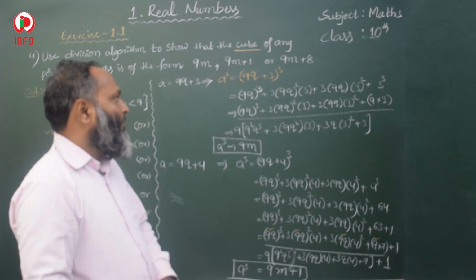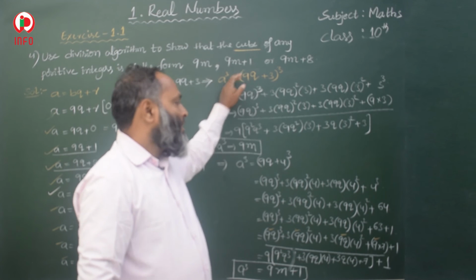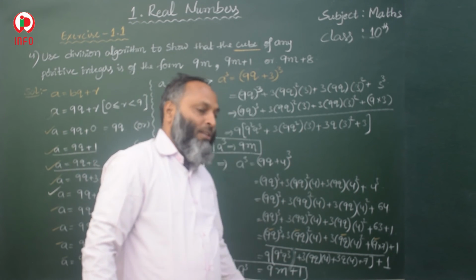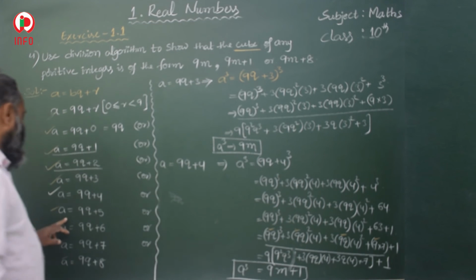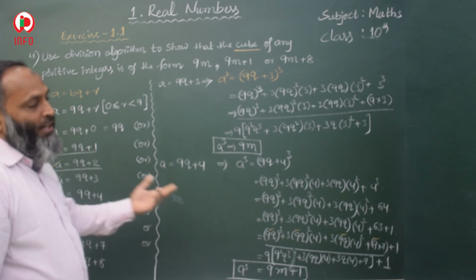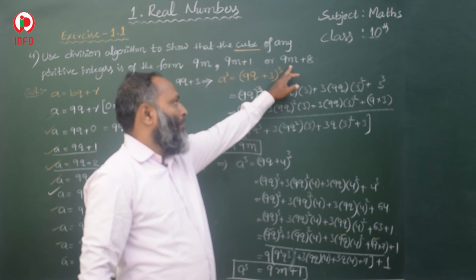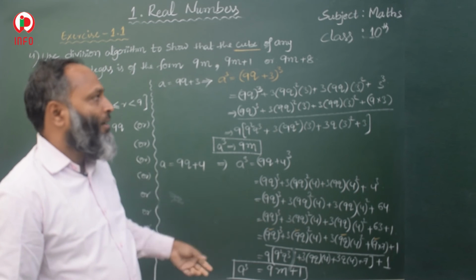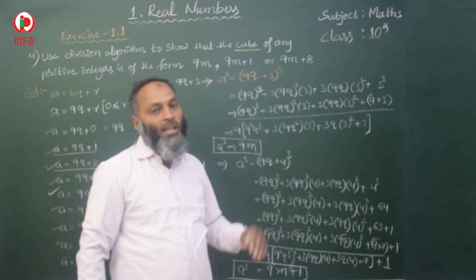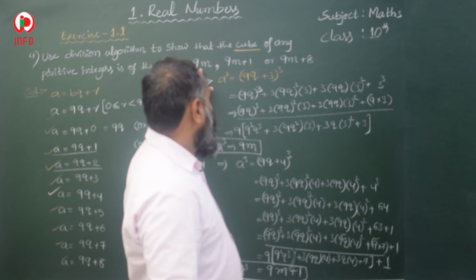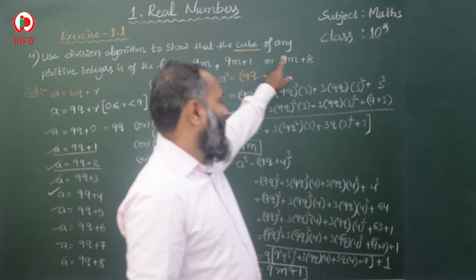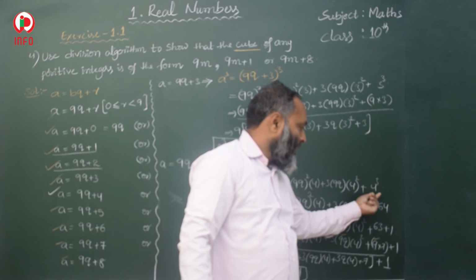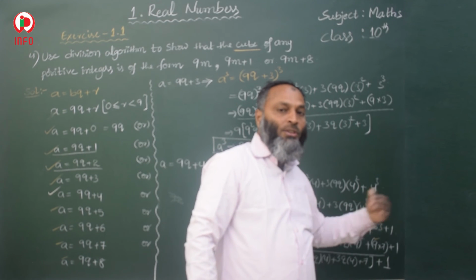Then a cube is in the form of 9m plus 1. So first one, a cube is in the form of 9m, then a cube is in the form of 9m plus 1. In the next one, if we go for a is equal to 9 cube plus 5, then you will get in the form of 9m plus 8. We will go for that also. So whatever the cube forms are there, they are in the form of 9m, 9m plus 1 and 9m plus 8. Till the third term we will get 9 as a common, but in the last term we should think how to divide.